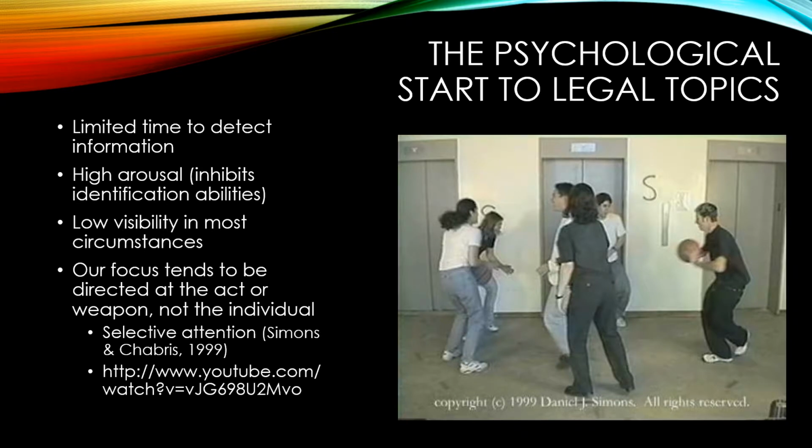Let's look just first at the moment a crime occurs. Let's say you're walking down the street and suddenly a loud bang happens and a bunch of people go running off, and there's somebody lying on the ground saying they've been shot or they've been hurt, and you're asked to explain what it was that happened, what it was you saw, and if you were able to identify who committed this crime. Well, there's a lot of things, unfortunately, in that random situation that aren't necessarily going for you.